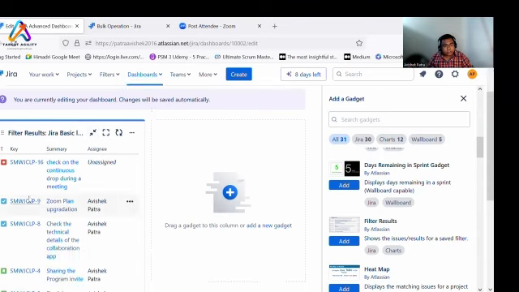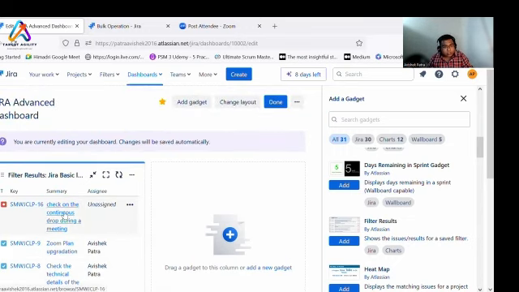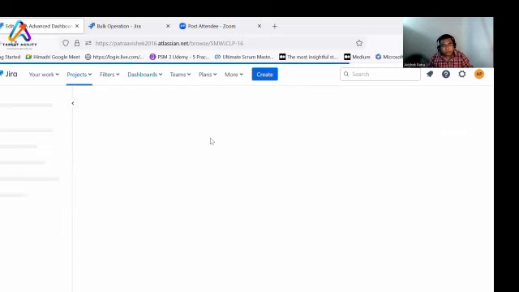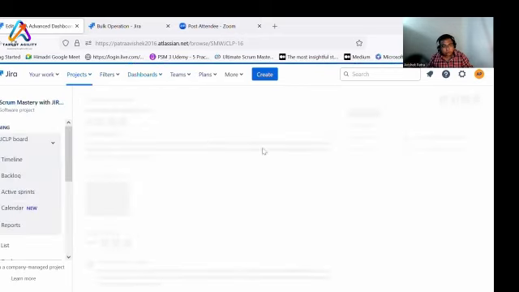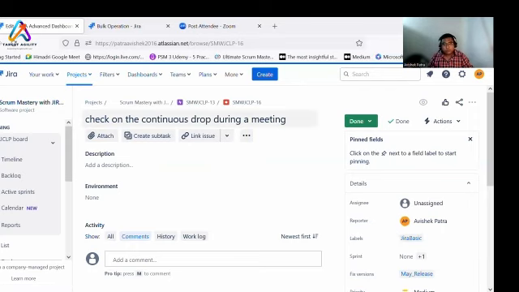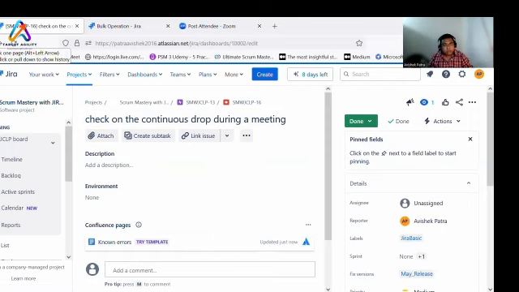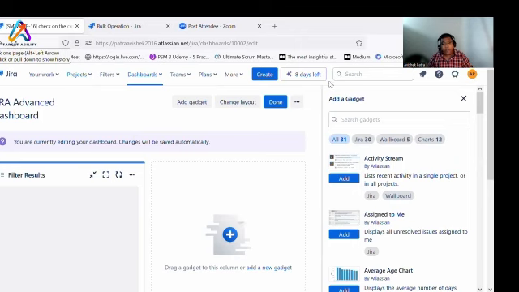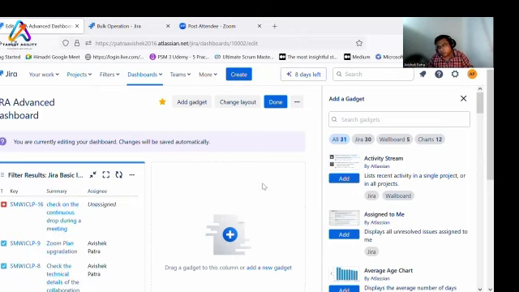You will see these are the tickets, these are the summaries, it is unassigned. If you want to take any action, click here on this ticket and it will redirect you to that particular Jira ticket. Very easy to navigate. Go there, perform the action you want to do, and then come back. If you want to change the status from done to in progress, you can do it from here.